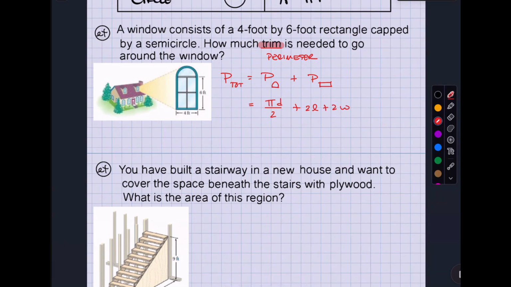So from here I can say, I've got pi times the diameter, which is 4, divided by 2, plus 2 times 6 plus 2 times 4. And that's going to be approximately